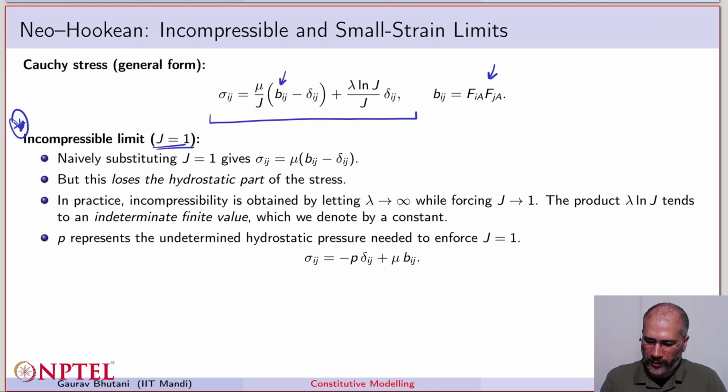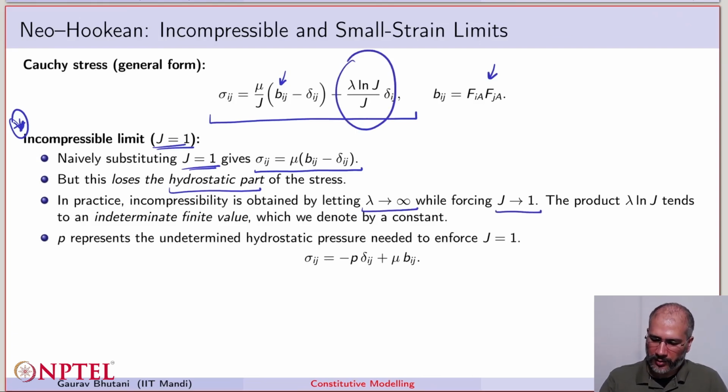Now we cannot naively substitute J equal to 1 here, because that will give us sigma is mu times B_ij minus delta, and that will result in the loss of the hydrostatic part. So basically incompressibility is when lambda tends to infinity and J tends to 1. So if you look at this term here, when lambda tends to infinity and J tends to 1, this is